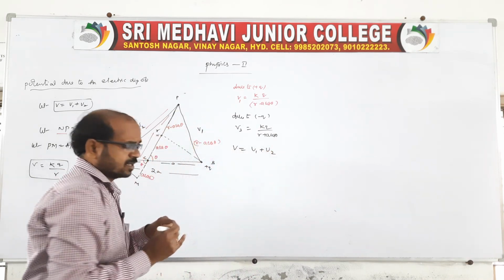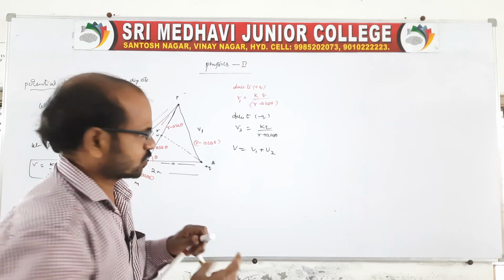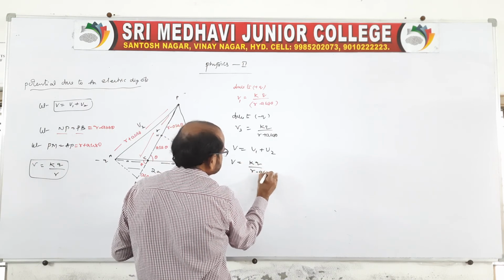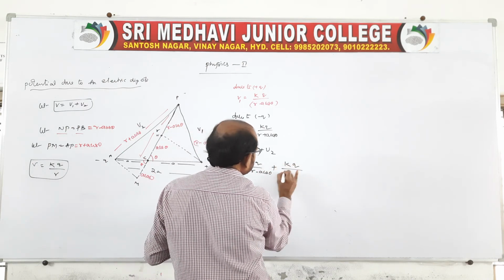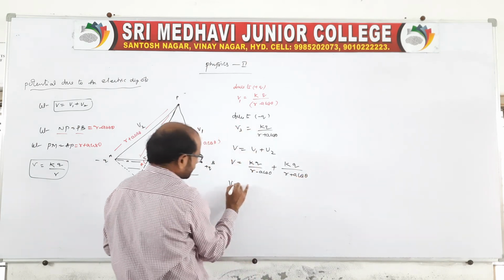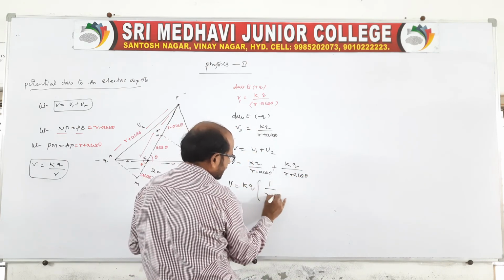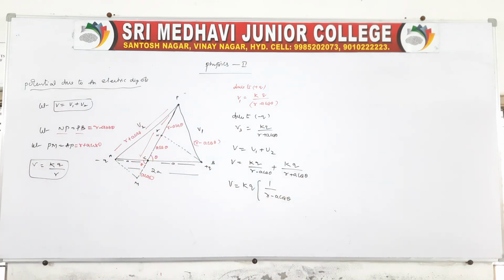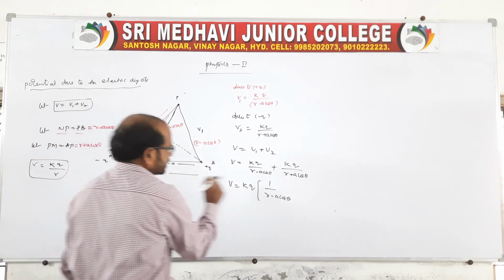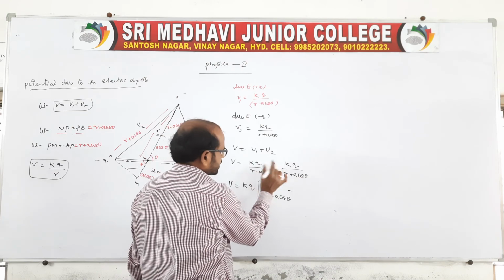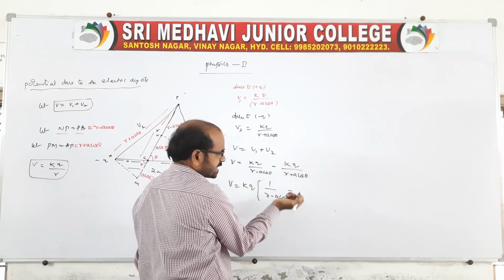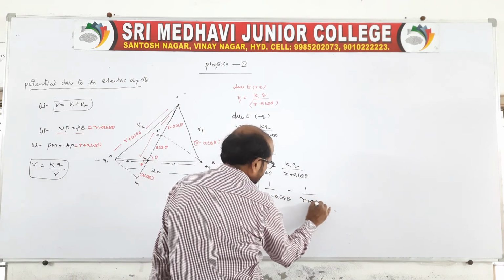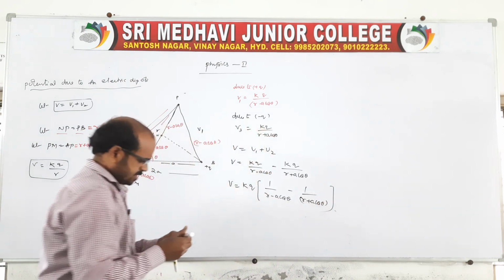Now it is a simple mathematical approach. So V is equal to V1, KQ by R minus A cos theta, plus KQ by R plus A cos theta. Taking KQ common, 1 by R minus A cos theta, right? Here one thing you remember, here we are taking the charge as negative, no? Because the negative charge is there, so you say minus, or else you want to write minus here also. Therefore you take the magnitude as usual, R plus A cos theta. This is about the substitution.